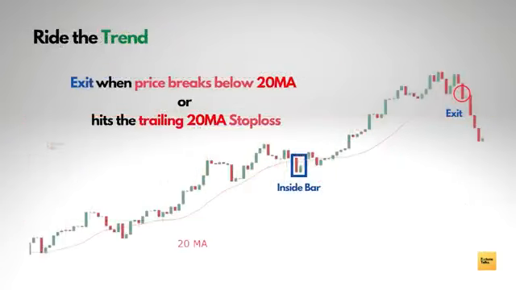Now if you want to ride the trend, then you can trail the stop loss as the market moves in your favor. For example, if you have taken the trend trading approach, you can trail your stop loss using the 20 moving average. And when the price breaks below the 20 moving average, that is when you should exit the